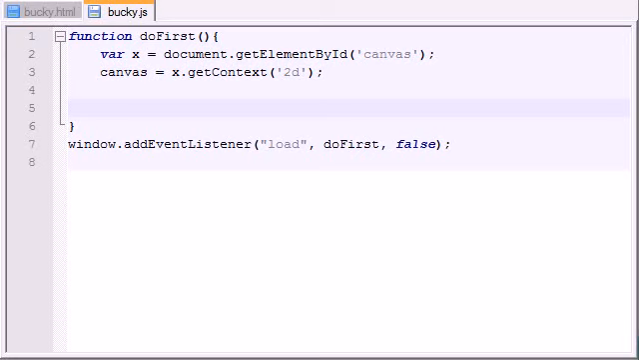Welcome to your 38th HTML5 tutorial, and in this lesson I'm going to teach you guys how to draw custom